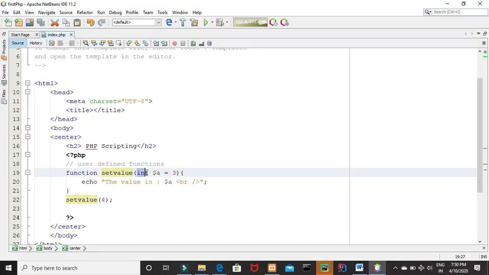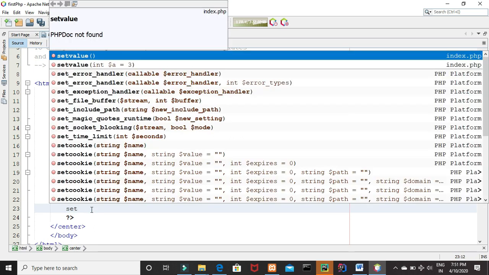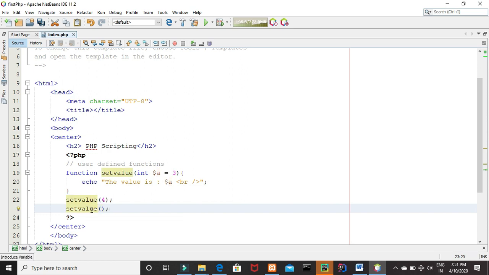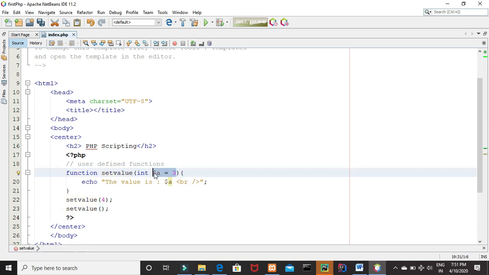In our function, in our argument, we have set the default value for our variable $a as 3. When the user sends some value as an argument while calling the function, that value is assigned to our variable a and this default value is ignored. But if I call the function set value without passing any parameter, any argument, then whatever default value we have specified in the definition of the function,